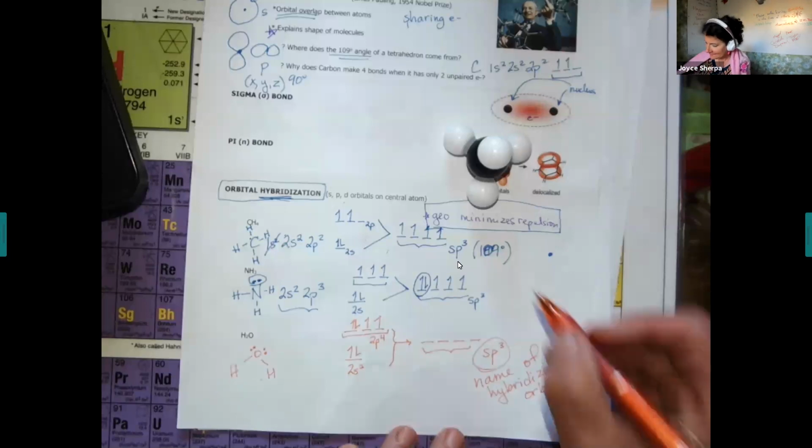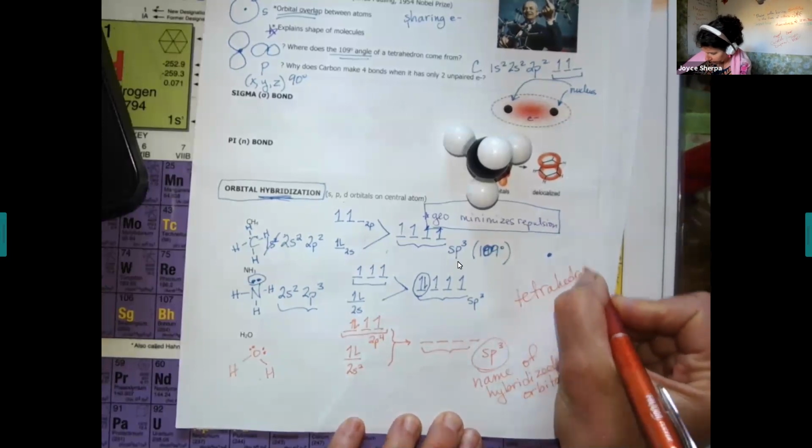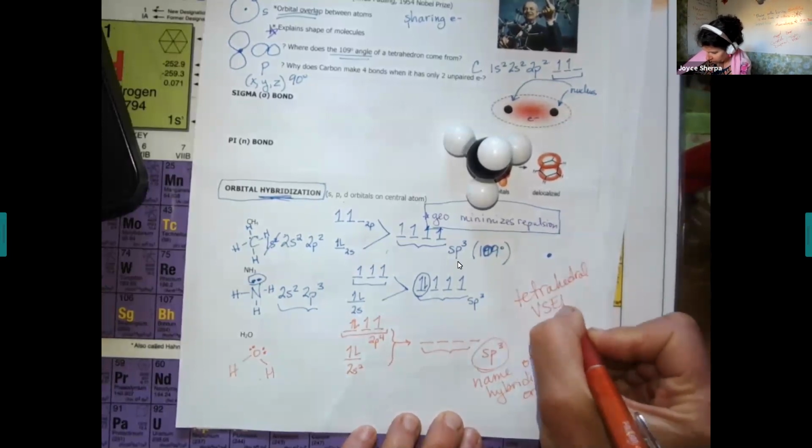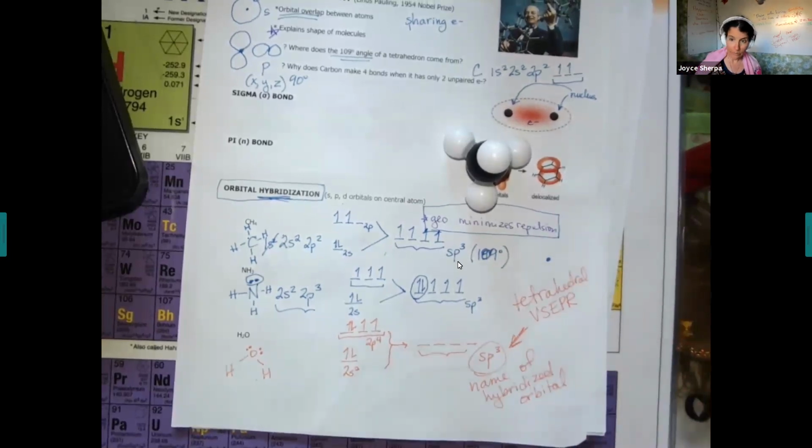So anytime you have the tetrahedral VSEPR, you have an sp3. And we're going to see that. So like your worksheet,